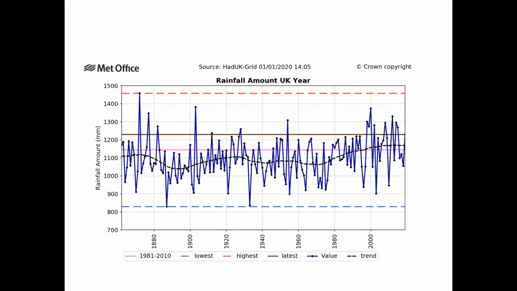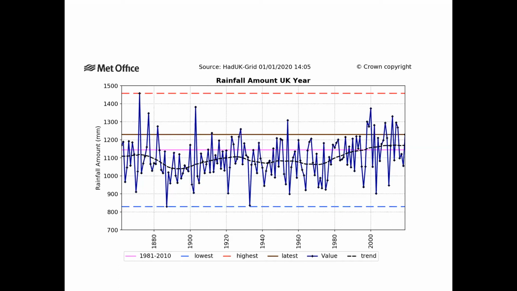Complicated squiggly line graph, but don't switch off at this point. What I just want to show you here is to focus on the black dashed line. And you can see over the last 120-ish plus years or so, that average rainfall in the UK has been increasing. And there's lots of reasons for that, but one of those is that with a warmer atmosphere, in our particular maritime climate, or the island that we happen to live on is positioned, more moisture can be held in the atmosphere.